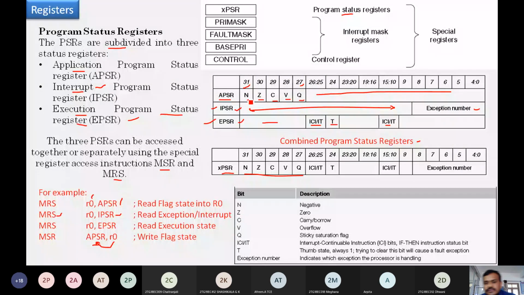So we have these flags. N means negative: after execution of an instruction, if the answer is negative, it is indicated by a flag in bit 31 of the Application Program Status Register, APSR. Z: if the result of execution is 0, it is indicated by the Z flag, a bit in the APSR.